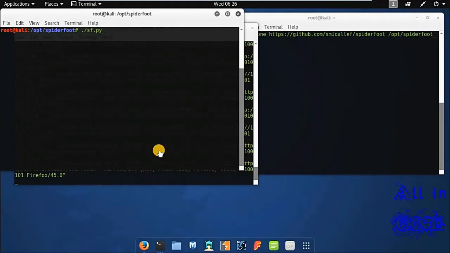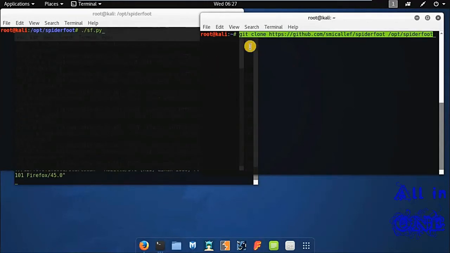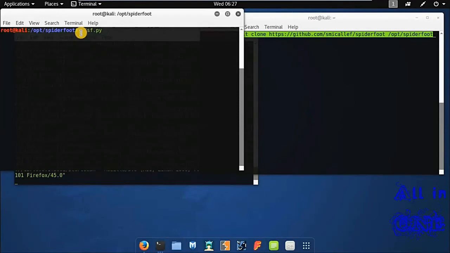There is a tool called Spiderfoot that is used for intelligence gathering, that is, open source intelligence gathering. This tool is not installed by default in Kali Linux. So you need to install it from the Git repositories by running a command, and it will be installed on your computer. You can use this command to fetch the data from the Git repository. After the installation has been done, you have to move to this directory, and going through this directory you have to run this command